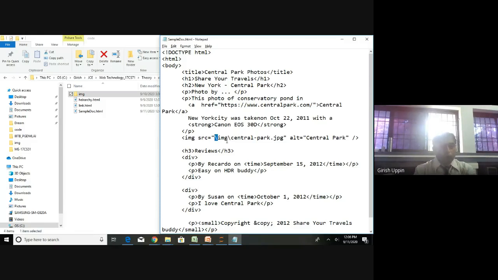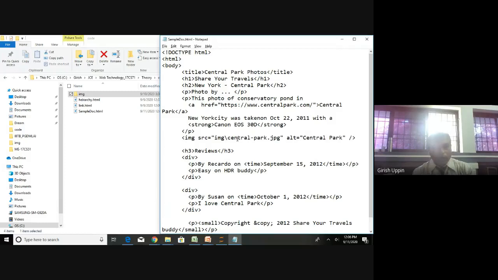So this will not work here. Just the client is there, server is not there. So here what it will happen is, wherever the HTML file is there, it will look for img. Suppose let us say you don't want to have, suppose I want to have the source like this. What should I do? Can anybody guess?